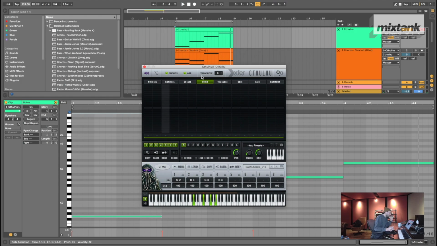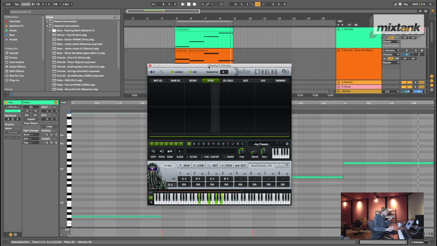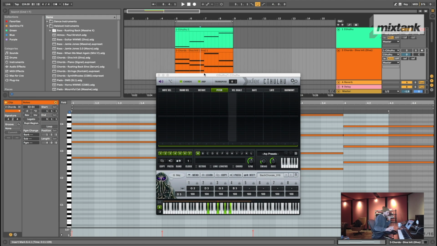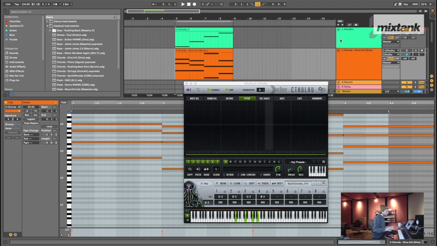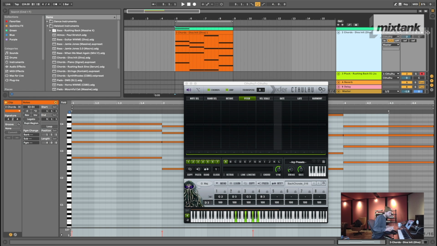And then usually I just do a little bit of timing. You have this swing knob here and this gate knob. You can really just go along with it and experiment with it. It's just fun to play with. So when I turn on the chords and the pluck,